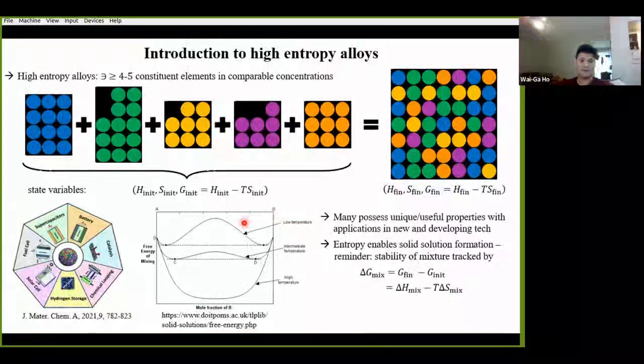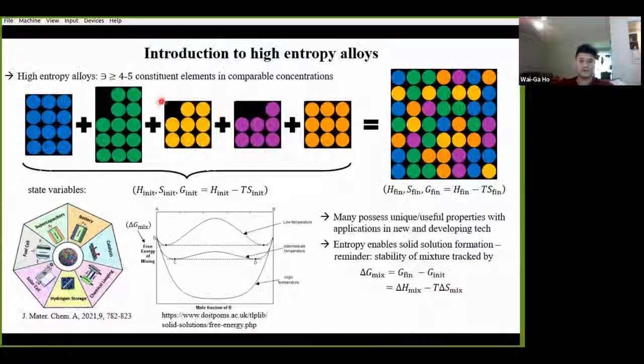And from this, we can see that with increasing temperatures, the free energy of mixing, delta G mix, generally decreases and becomes more stable thanks to the minus sign that we have out front here. Similarly, if I increase delta S mix, well, then I can entropically stabilize the solid solution instead of using temperature T as my driver. And this is basically the mechanism behind the formation of stable high entropy alloys.